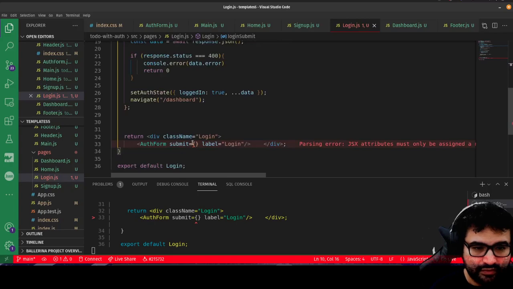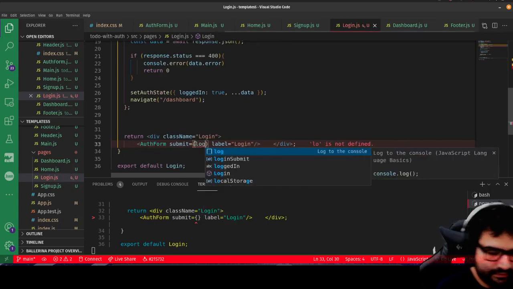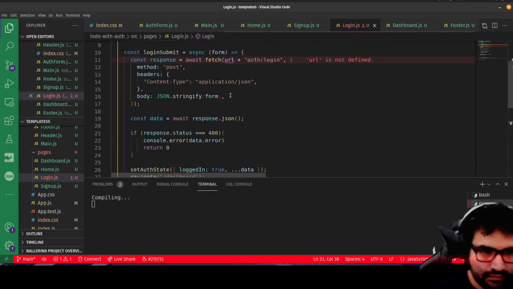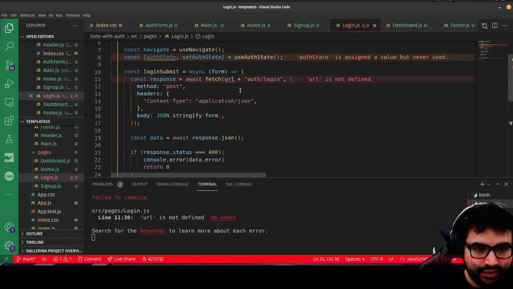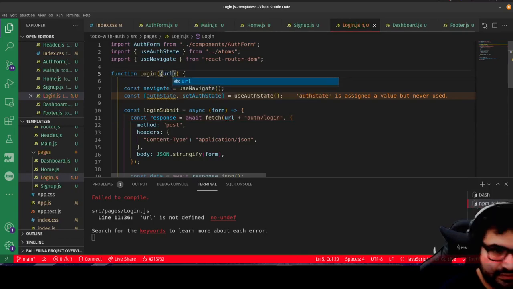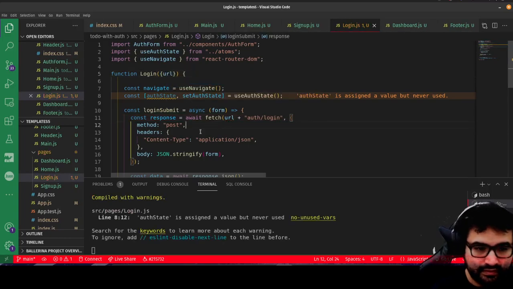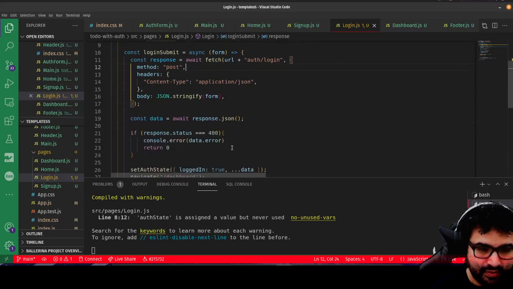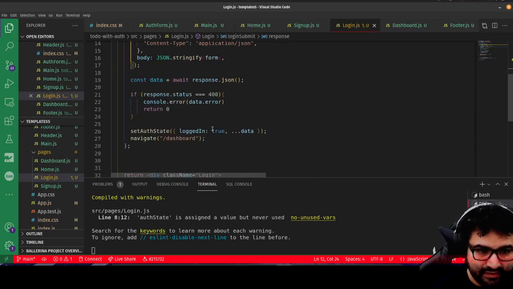Okay, and again, this is going to be login submit down here. So that looks good for the most part, except I need to go destructure URL from here. Okay, auth login, post, application JSON, we submit the form, const data await, then yeah, I check if there's an